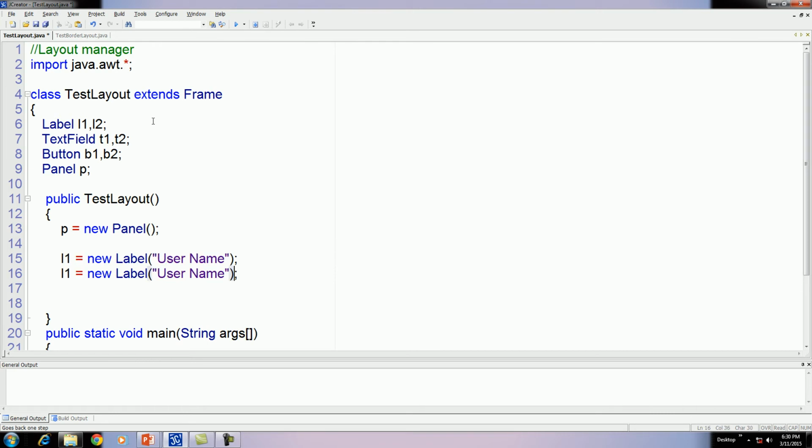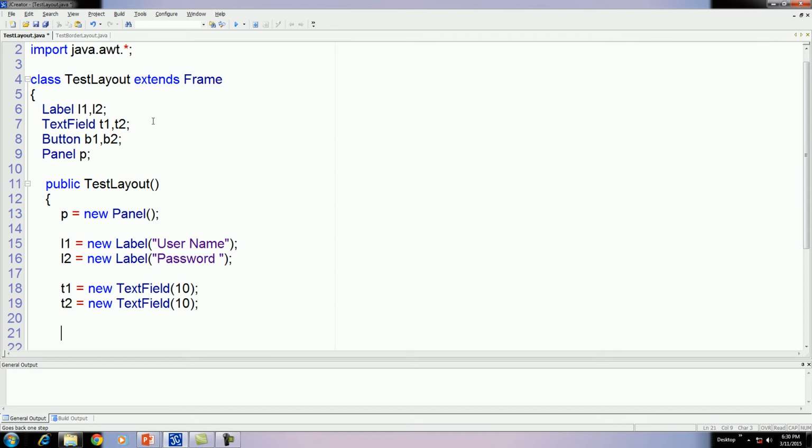Then there is label 2. Then there are text fields. Then there are two buttons.